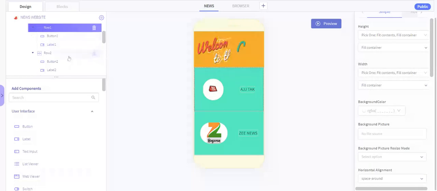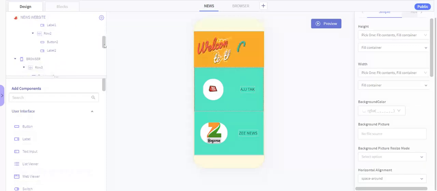As you can see in the code on my left side, you have to put one row below the image. After that you have to put a button and a label. The button should have no text. You can search for the logo on Google, copy that image address and paste it, and in the label you write, like I have written, Aaj Tak.